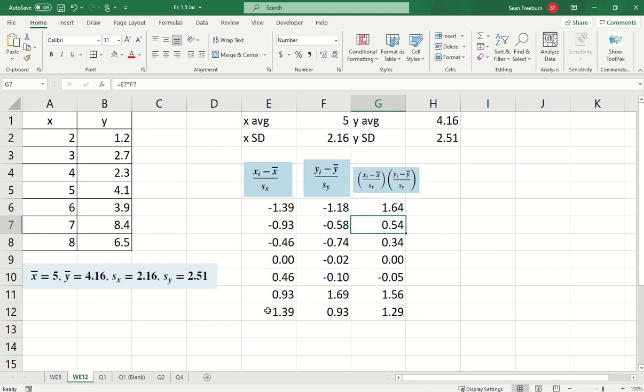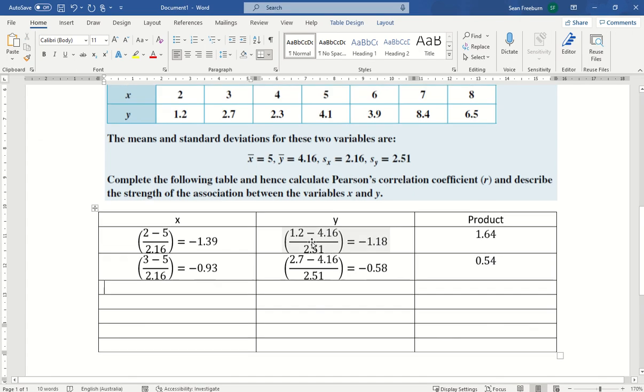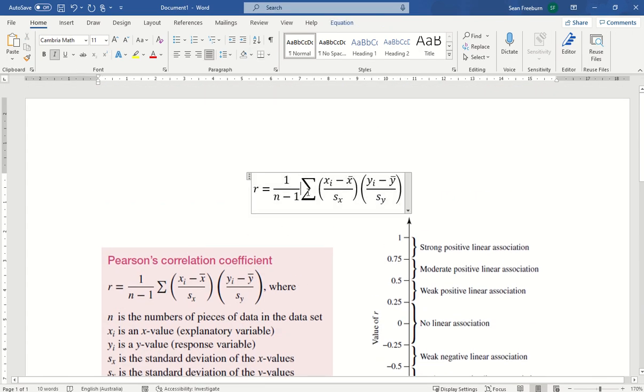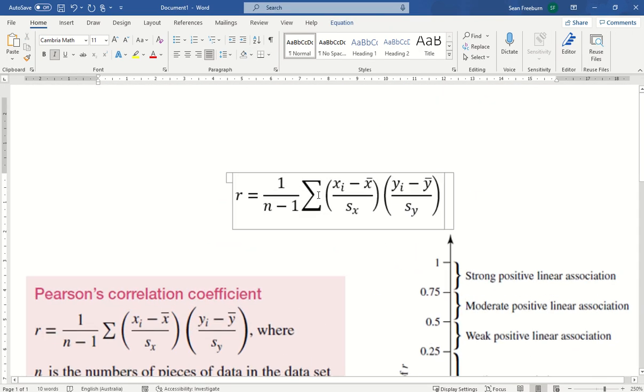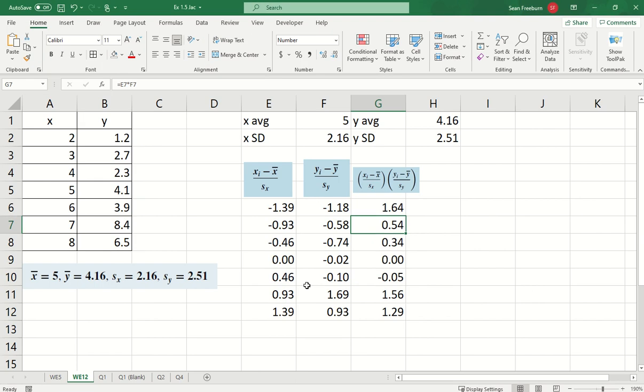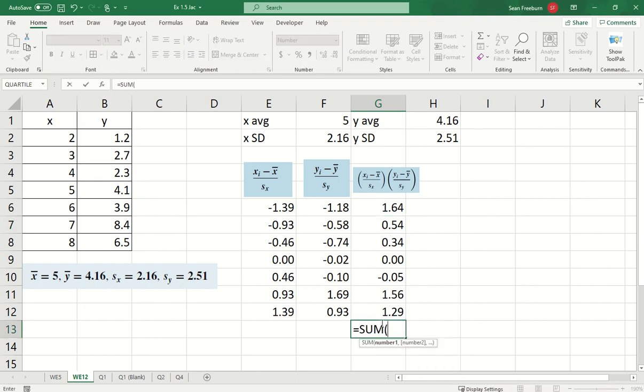So these are all the X coordinate calculations, these are all the Y coordinate calculations, and here's all the product of those two. So looking back at the formula, it says here, I need to find the sum of all that. That's what this funky looking E is. It means sum. So the sum of all this, now I'm using Excel today, but you could of course use your calculator, adds up to